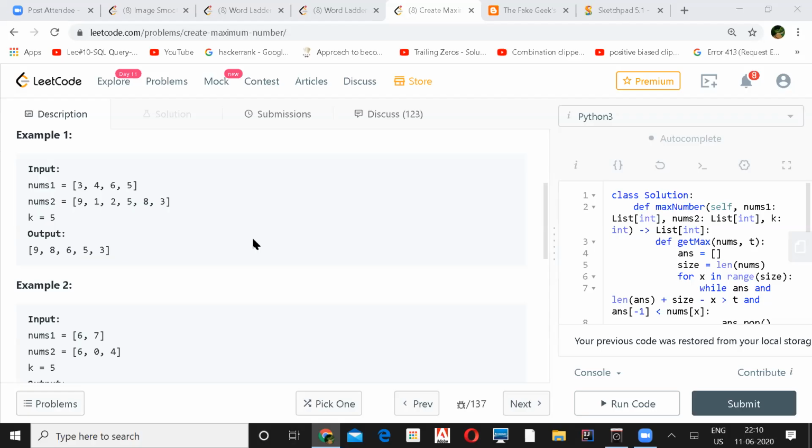So with k equals 5, the solution I just went through implemented it like this: for nums1 he first said, I will take 0, and for nums2 I will take k as 5. So for nums2 he took whatever was possible. So in the example, if it is like 9, can I just draw it on the whiteboard? Sure.